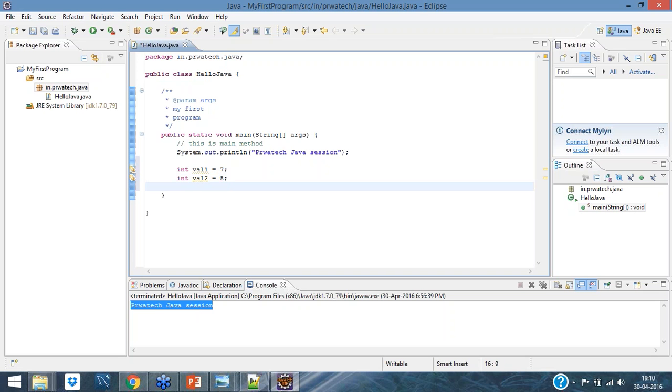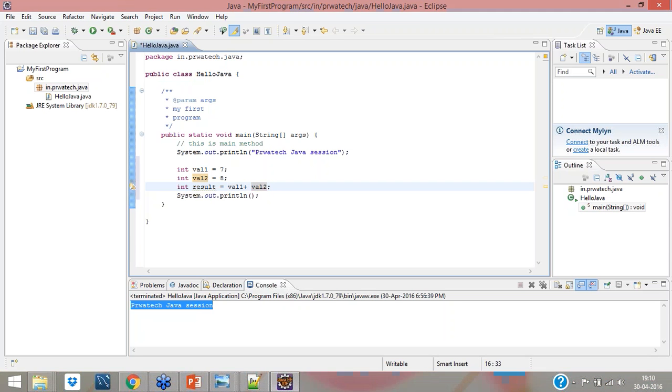You don't have to do anything, it's not rocket science. You just have to write System.out.println. And before that, put inside a value, let's say int result equal to val1 plus val2. That's it, and print this result.